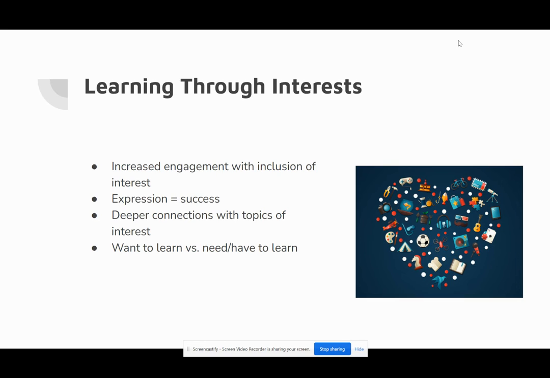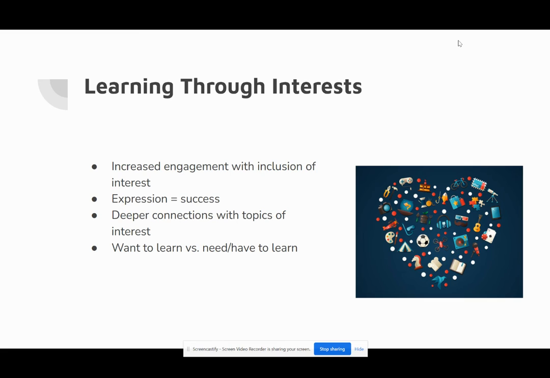When they are able to express themselves through different means, using what they care about, they can go on and on and on and talk. They have deeper connections with those topics. It's not something that they just have to go and learn